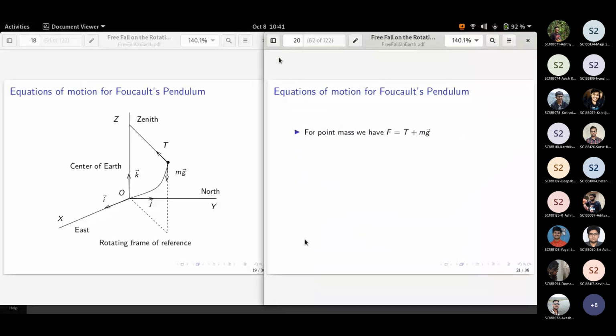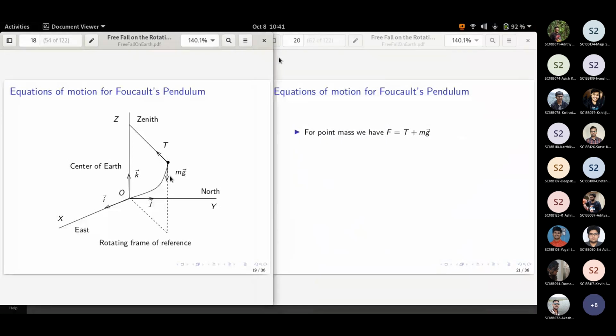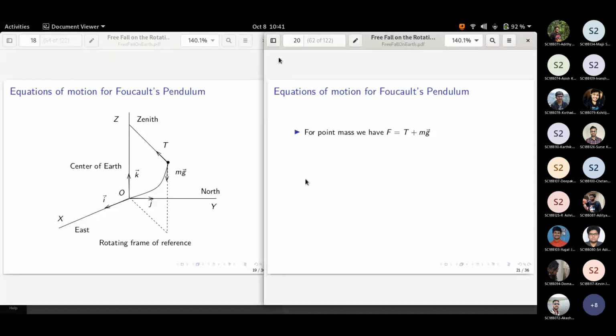If you look at this figure on the left hand side, it is clear that there are two forces acting on it, the tension and the weight. So we have to see what the directions are now. We have to resolve the T vector. Therefore, the force itself is the tension plus the gravitational force. So together you have two kinds of force, gravitational force plus the tension. This is your Newton's law in the rotating frame, by neglecting certain things, of course.